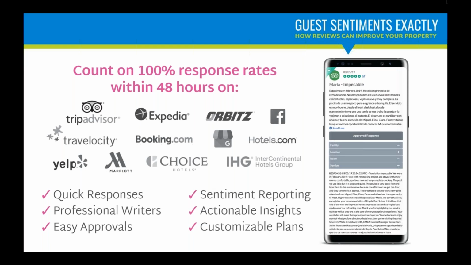So I really want you to ask yourself, if I were to give you a list of almost 50 different aspects of your hotel, could you go through that list and identify which ones are making the biggest impact? Could you tell me with absolute certainty, if these 5 things were fixed, my hotel's reputation score would raise by this much? Or could you identify the top 5 aspects of your hotel that guests love the most about your property? Or would it just be a guess? And if that's the case, we can help. There's too much data out there today for hoteliers just to be guessing on such important revenue-generating decisions.